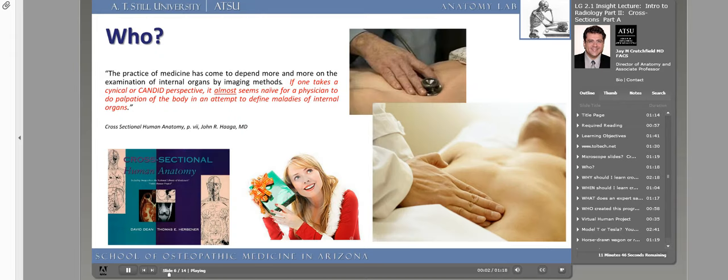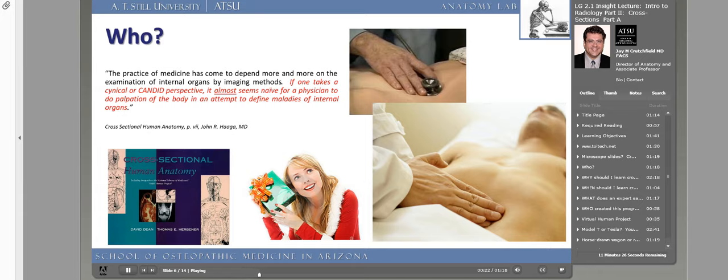So who is cross-sectional anatomy used for? And why should you learn it now? You're just a first-year medical student. Because there is no better time. In fact, the author of a textbook about cross-sectional anatomy says the following: the practice of medicine has come to